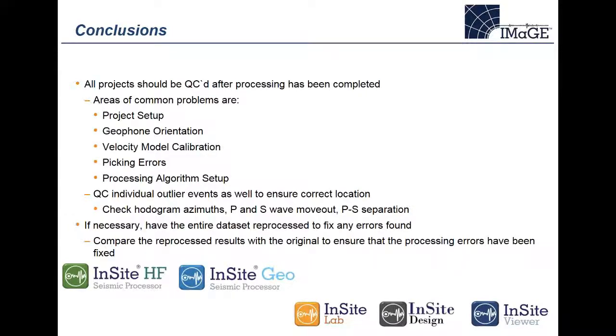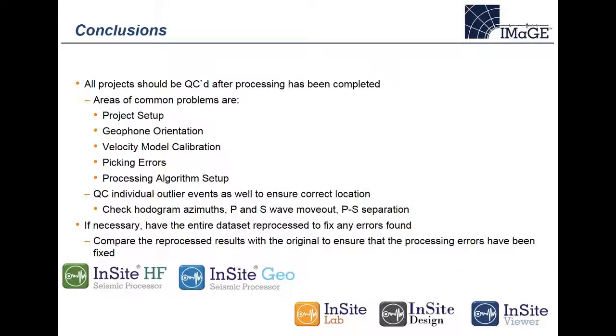All right, so just a brief wrap-up. Every project should be QC'd after processing, just to make sure that everything was done correctly and hopefully to identify any reprocessing if necessary. The common problems that are seen, in my opinion, are project setup, make sure everything was input properly; geophone orientation, to make sure that each array position has been properly oriented; and velocity model calibration, for every stage or every area to be accurate. You want to make sure that you're picking consistently throughout the data set and using all of these things I just mentioned in the processing algorithm